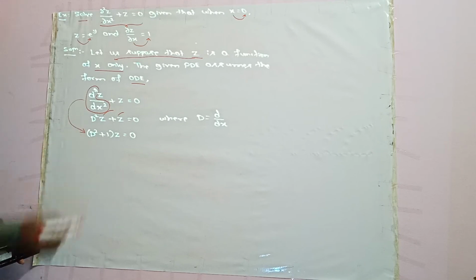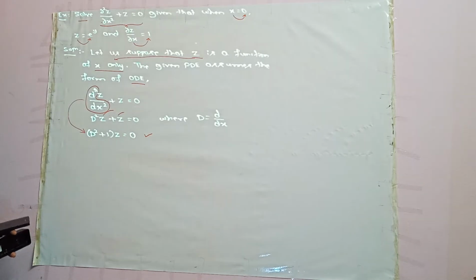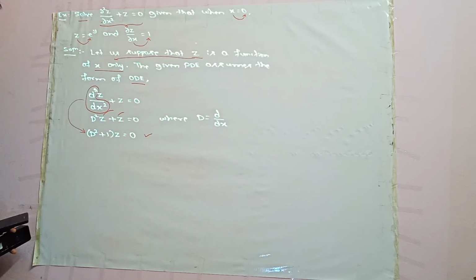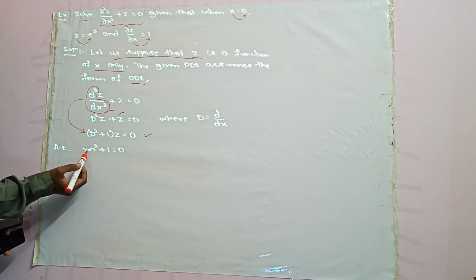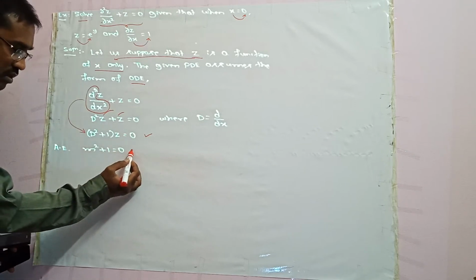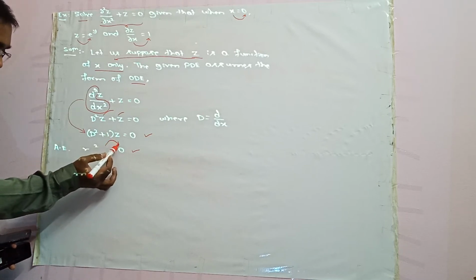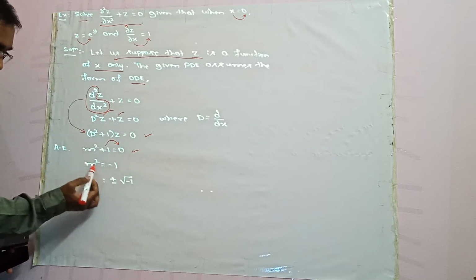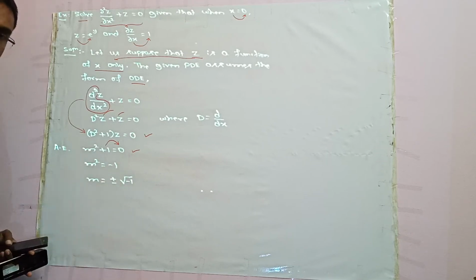Now we write the auxiliary equation of this. So that means we are going to find the solution of this ordinary differential equation. What is the auxiliary equation? AE is, in the place of D we replace m, that is m² plus 1 is equal to 0. Let us solve this quadratic equation and check the roots. Plus 1 can be taken as minus 1 on the other side. Therefore, m² is equal to minus 1, and if you apply root on both sides, you get m is equal to plus or minus root of minus 1.